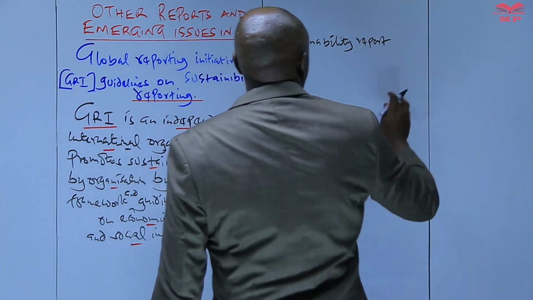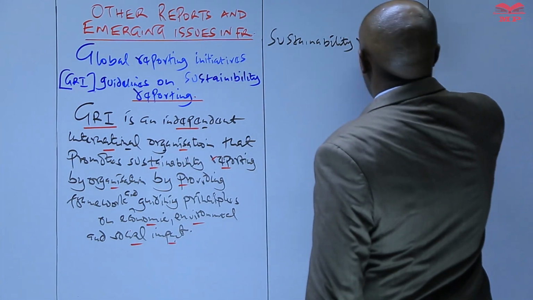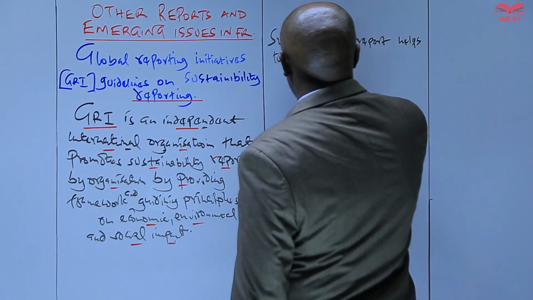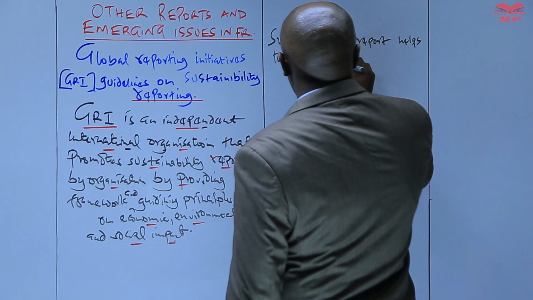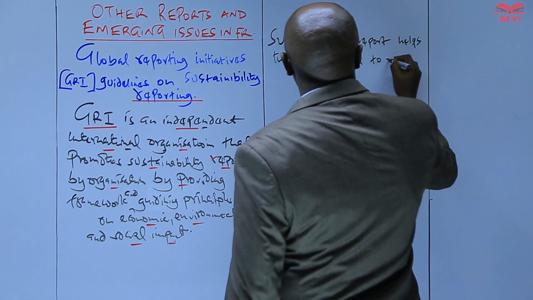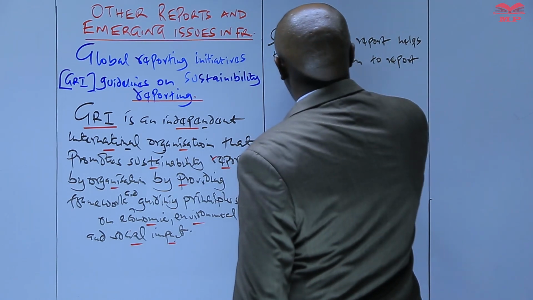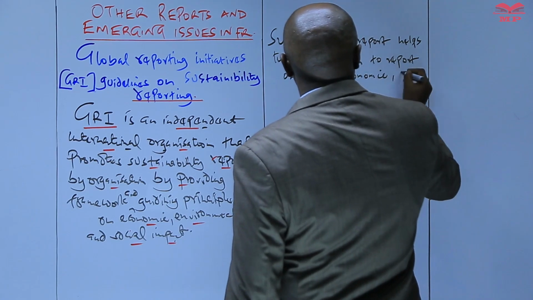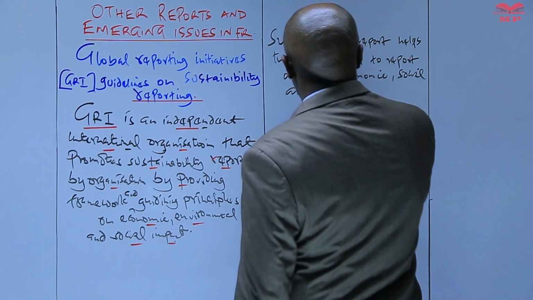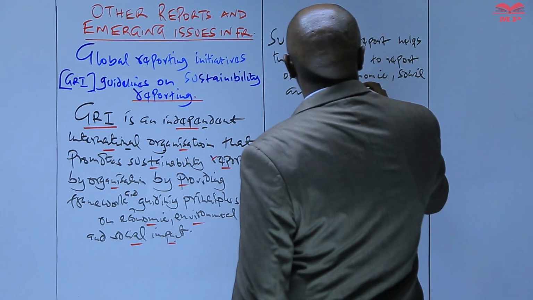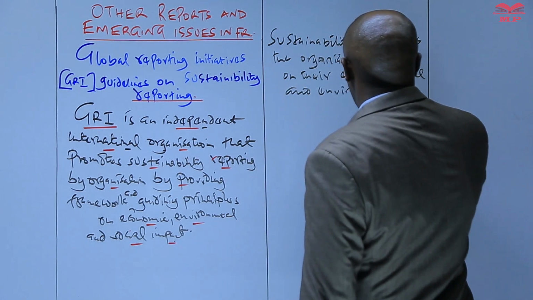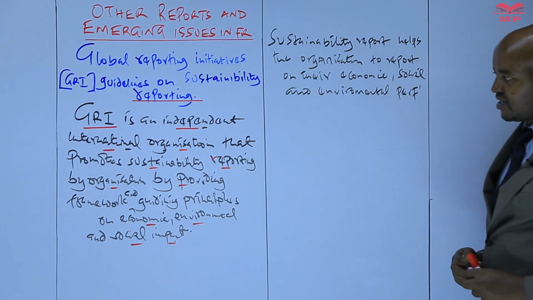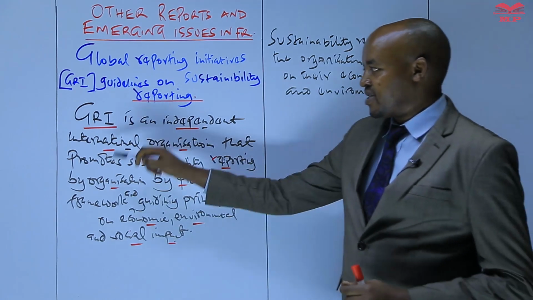So therefore, we can say sustainability reporting helps the organizations to report on their economic, social, and environmental performance. So what that means is that the guidelines and also the framework issued by this particular organization,